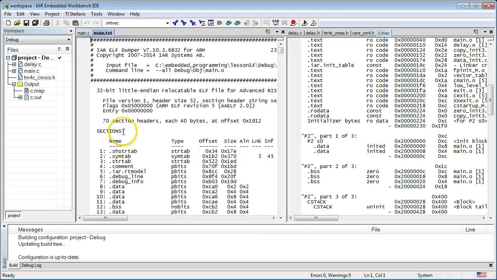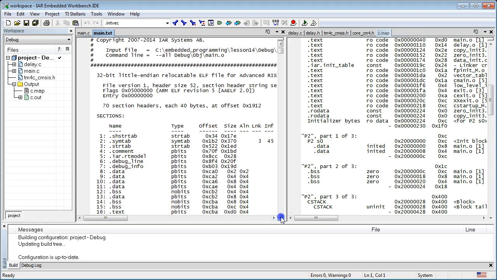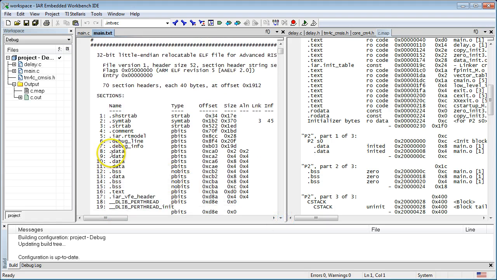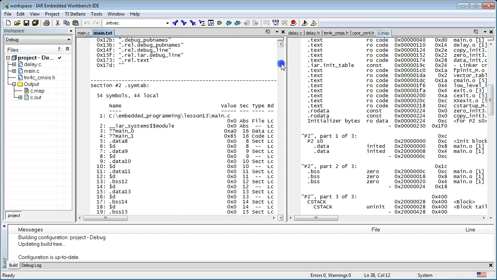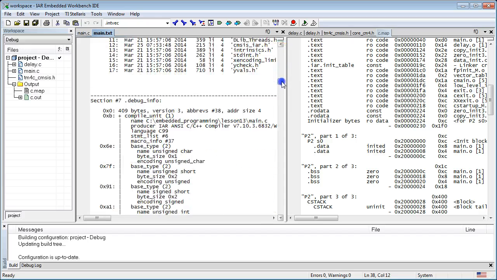As you can see, the elf file indeed contains several sections, many of which you have encountered in the last lesson 13, such as .data, .bss, and .text, for initialized data, uninitialized data, and code, respectively. The remaining sections hold the symbolic information for the linker, and a lot of sections contain debug information for the